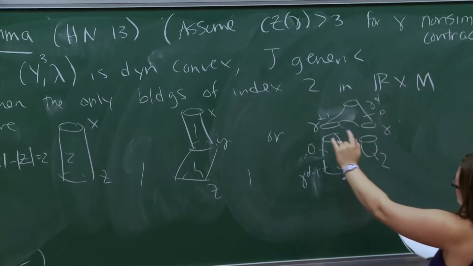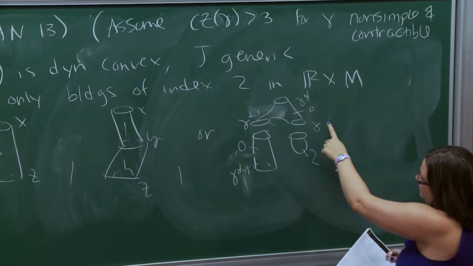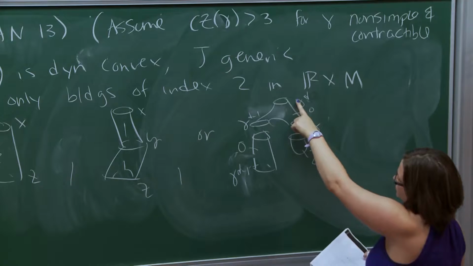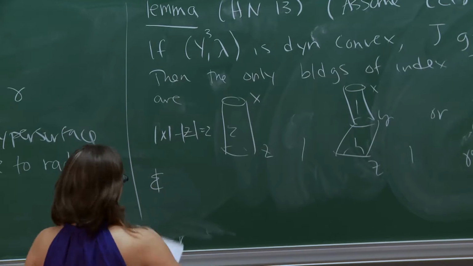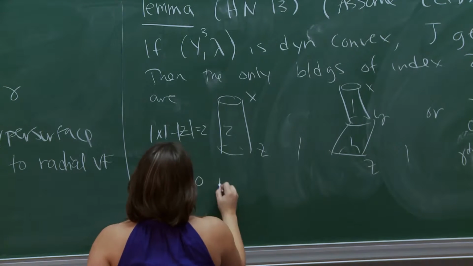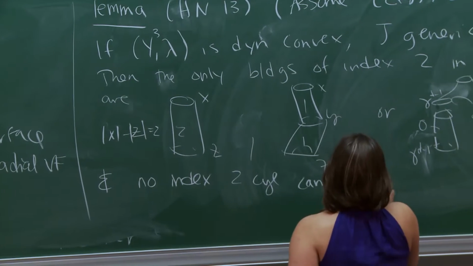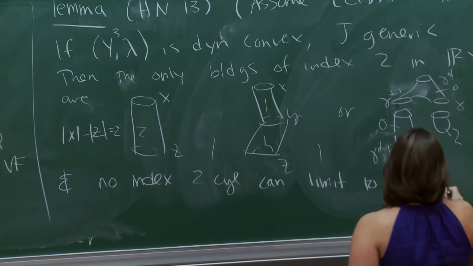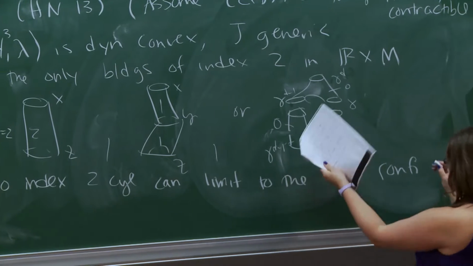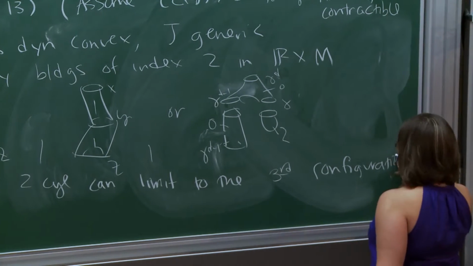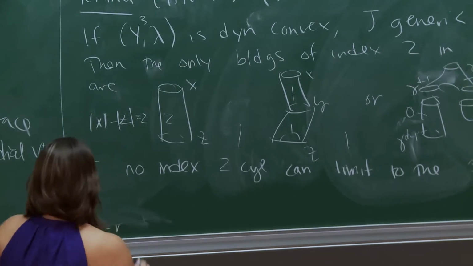If you don't have this assumption, then your pair of pants configuration can have gamma to the d1, and this could be gamma to the d2, and then this is just a d1 plus d2 fold cover of a trivial cylinder. And the second part of our lemma is that no index 2 cylinder can limit to the third configuration. So we didn't prove that there are no buildings of this type. There certainly are. But we just showed that there's no index 2 cylinder that could limit to it, which means that as a corollary,